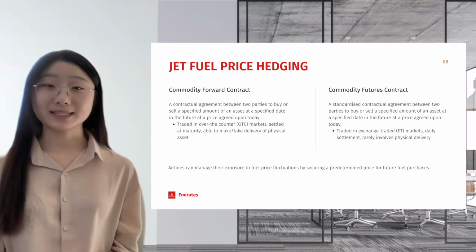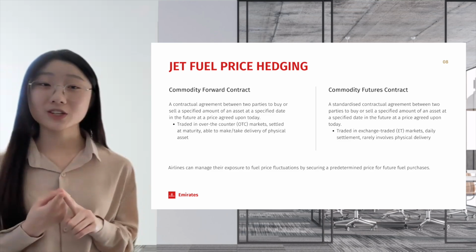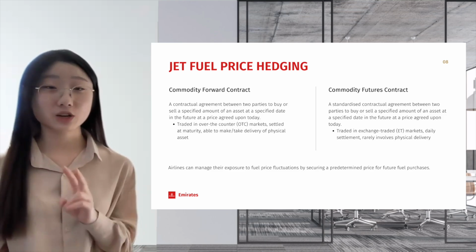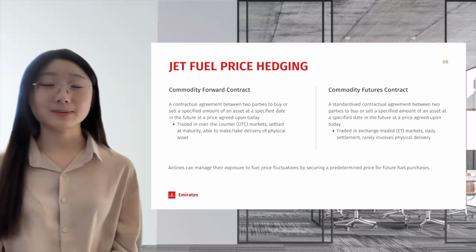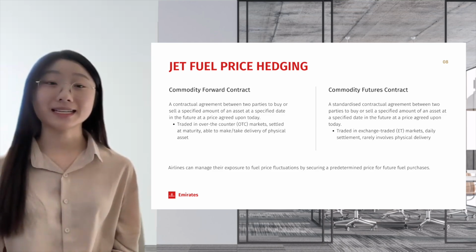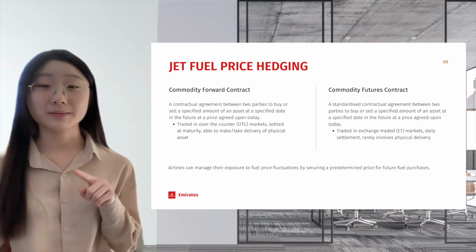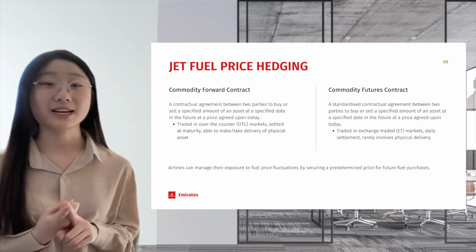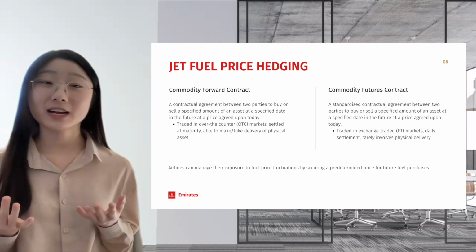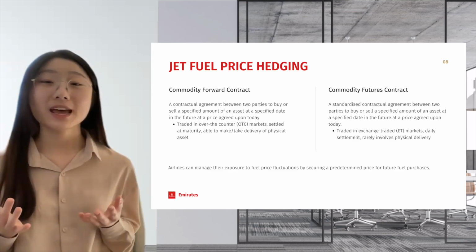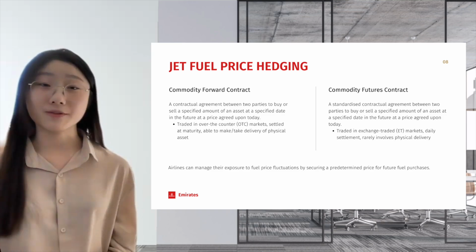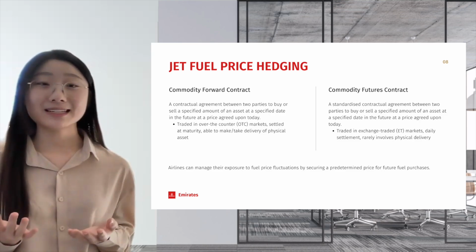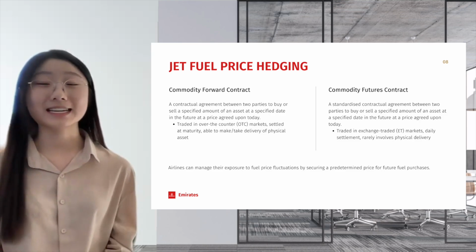To hedge against this risk, derivatives such as commodity futures or forwards can be used. Both contracts are contractual agreements between two parties to buy or sell a specified amount of an asset at a specified date in the future at a price agreed upon today. However, forwards provide flexibility in contract specifications, allowing airlines to customize the terms based on their specific needs, and are traded in the over-the-counter markets, whereas future contracts are standardized and are traded in exchange-traded markets, including daily settlement and